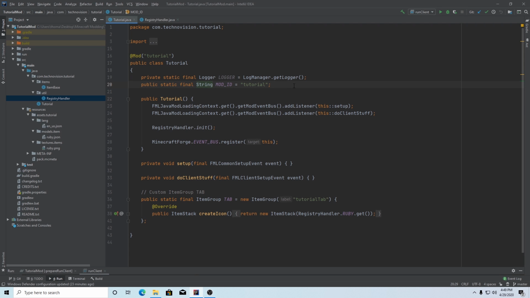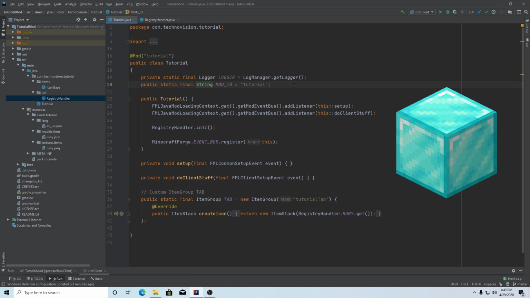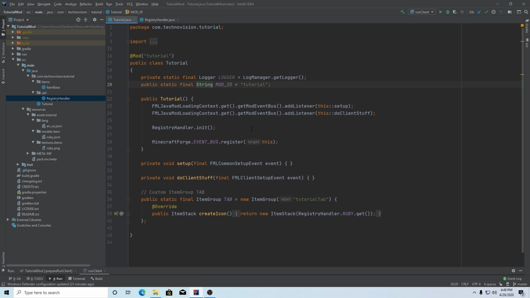In this episode, we'll be creating a custom basic block, and it's not going to do anything special yet. That'll be in a later video, but it's just going to be a basic block that you can place down and you can break. So first thing you're going to want to do when you're in your IntelliJ program is